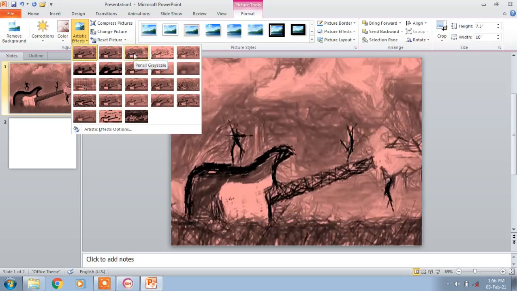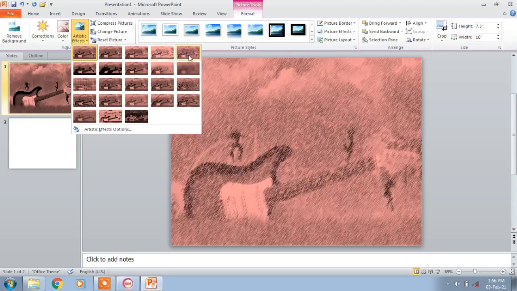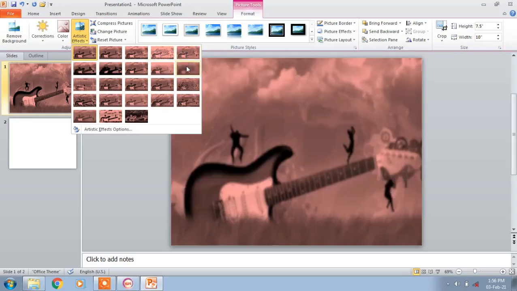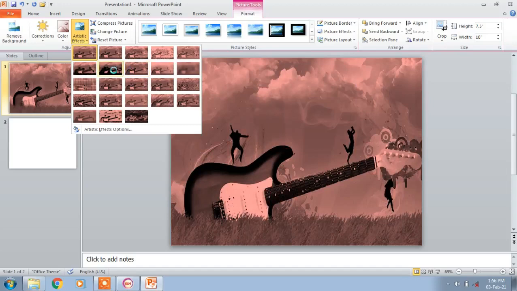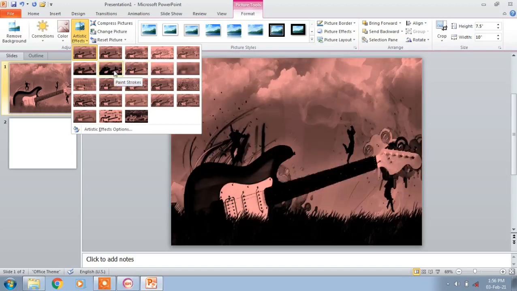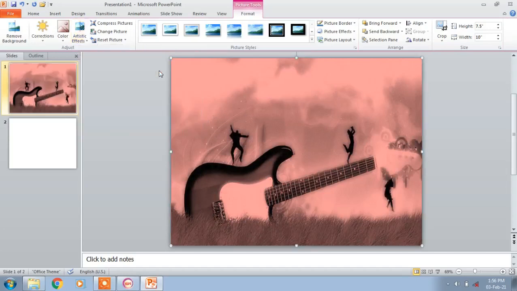And Pencil Grayscale means the image is displayed as if drawn, like a sketch with a pencil. So that is artistic. See how beautifully the images display. Like this you can change the picture, or format the picture as you wish.